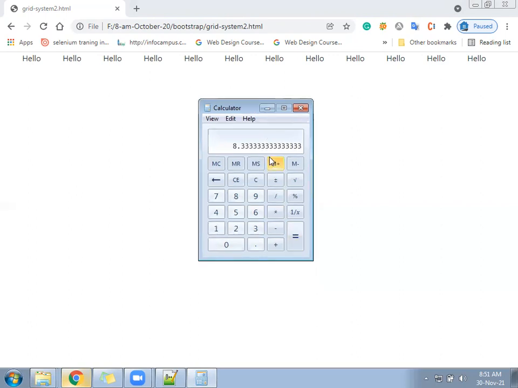8.33 percentage. So first column is covering 8.33%. Second column is also covering 8.33%. If you multiply 8.33 by 12, it will total 100%. Now look here. 8.33 is for how many columns? For a single column. That is called one column, right? Look here. You are given how many columns?